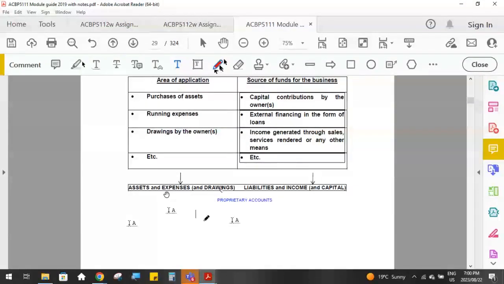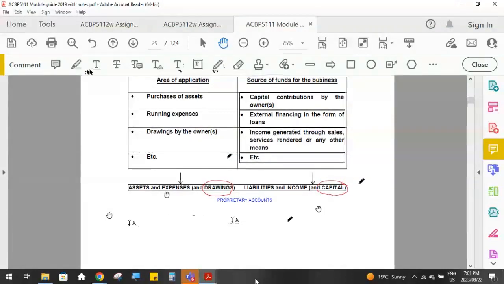And we only use those proprietary accounts when there is a transaction between the owner and the business, and at no other time. And if the owner transacts with the business, we don't use any other account other than the two proprietary accounts, which are capital, when the owner contributes money,